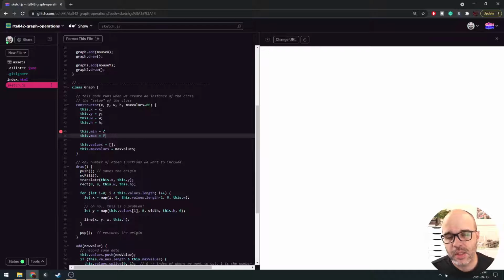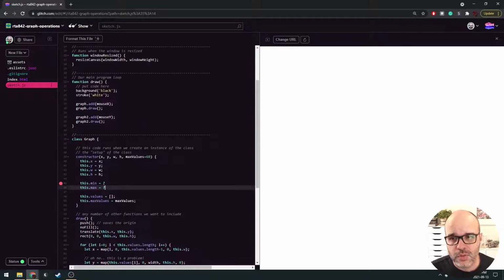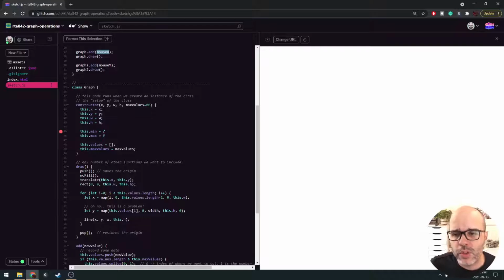And that's going to come in handy down the road when we start to look at other data sets that are not just so predictable or so easily understood as mouse X and mouse Y. So even though we do know what the min max are for those particular values, we're just going to treat them as an example here and use it as an excuse to write a little algorithm that's going to find out what the min max are